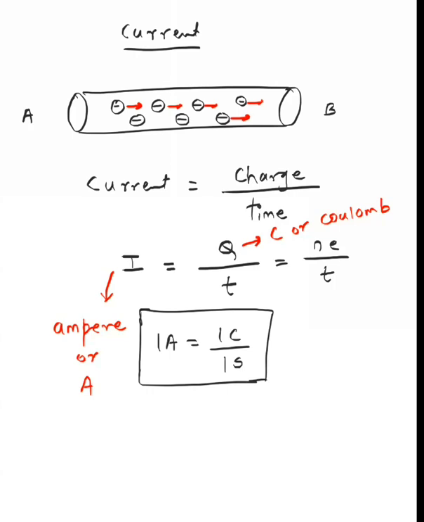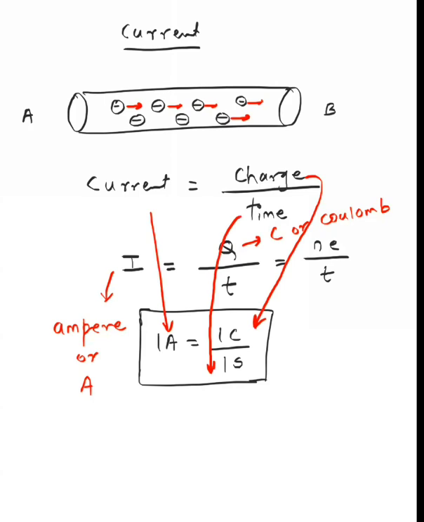So they can also ask you to define 1 ampere. How do you define 1 ampere? You have to just combine the formula and the units. So 1 ampere is the current produced when a charge of 1 coulomb is passed through a conductor in a time of 1 second. Guys, you won't have to byheart it. You can just apply logic and combine the formula and the units, and you'll get the definition. Can you repeat that? Saivi, 1 ampere is the current produced by a charge of 1 coulomb passing through a conductor in a time of 1 second.